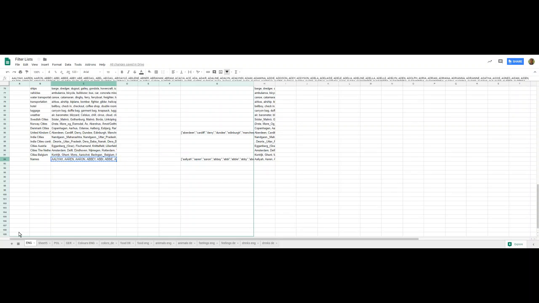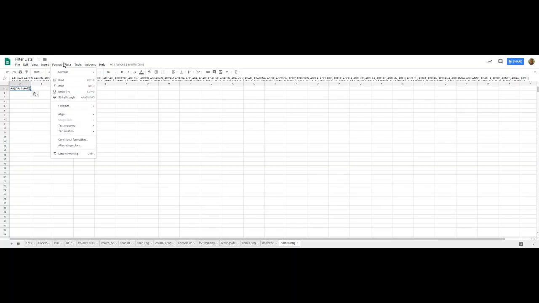I'm going to copy names, the cell names here, the content, create a new tab, shift it here all the way to the end, and I'm going to name it names, and those are the English names. I'm going to paste it here, simply paste it, copy paste, right? And then I'm going to click data,